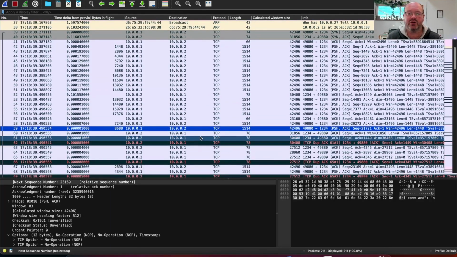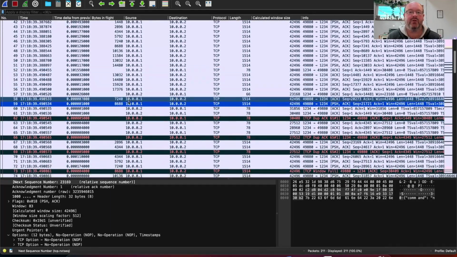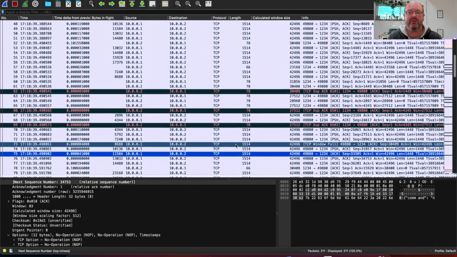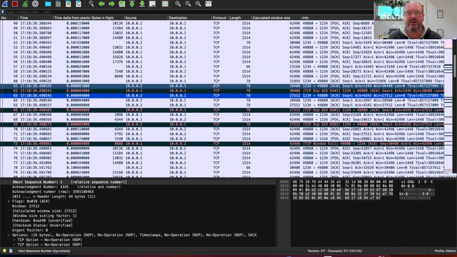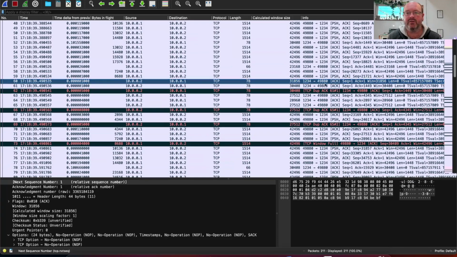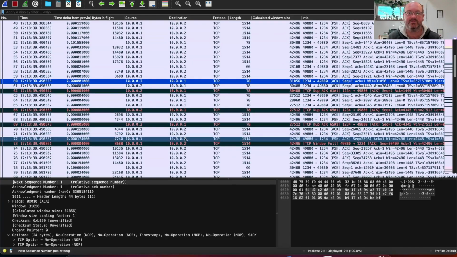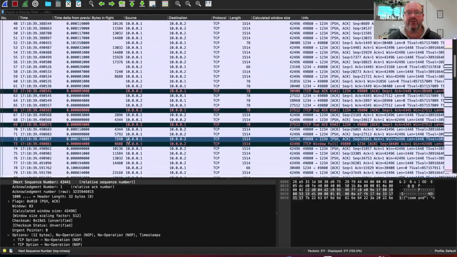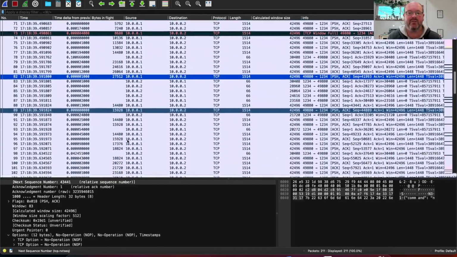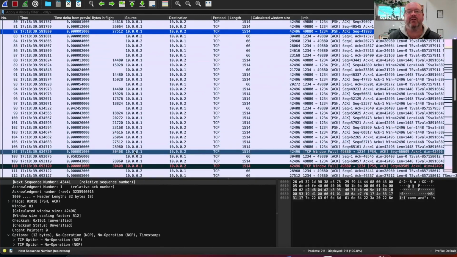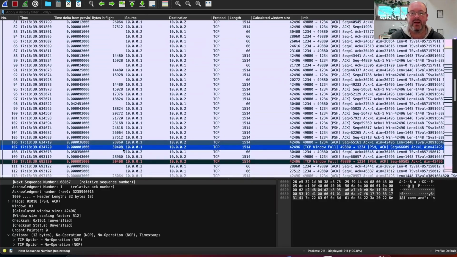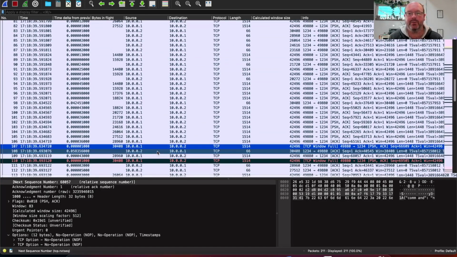I get a bunch more acknowledgements coming back. I'm still following this bytes in flight here. And I can see that the receive window on the receiver is still at a calculated window size of 30,408. We keep going through. The bytes in flight keeps increasing over time, so that maximum value of bytes in flight keeps increasing until it hits that value of 30,408 bytes. And this is where we see that first